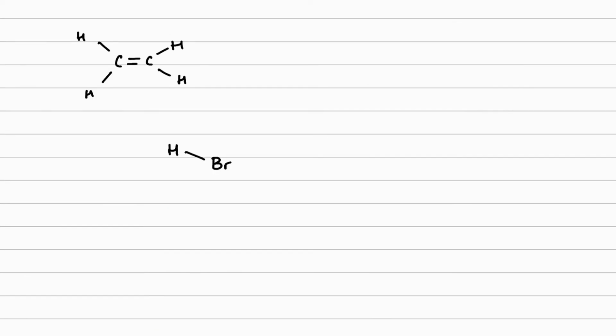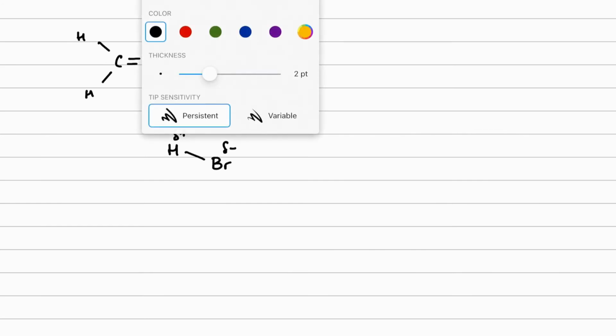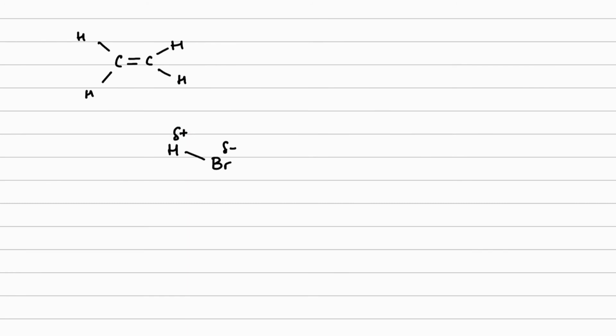Let's have a look at another type of electrophile. In this case, the electrophile is not our organic molecule, it's the other reactant in this reaction, hydrogen bromide, because hydrogen is delta positive and the bromine in hydrogen bromide is delta negative, bromine being considerably more electronegative than hydrogen. This delta positive hydrogen is electron deficient enough to get itself attacked, and it's attacked by the pi electrons in